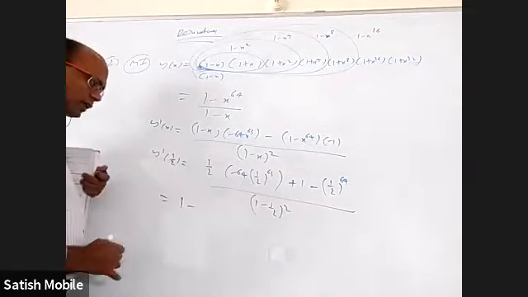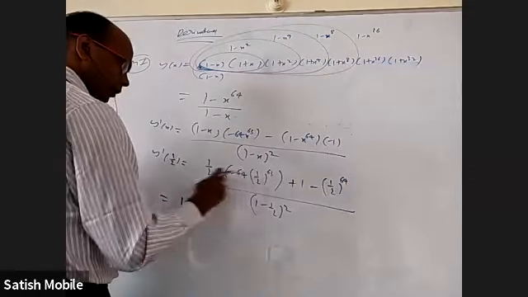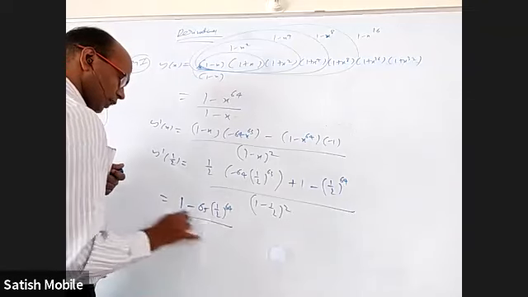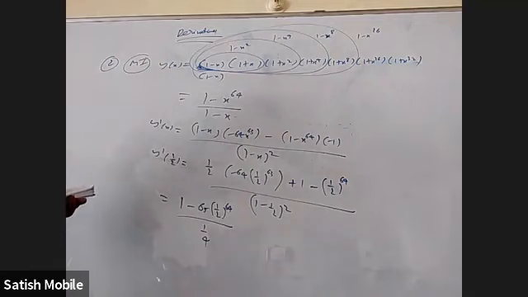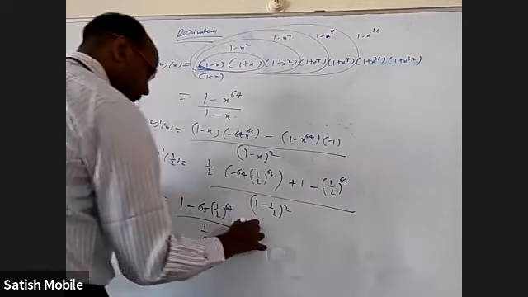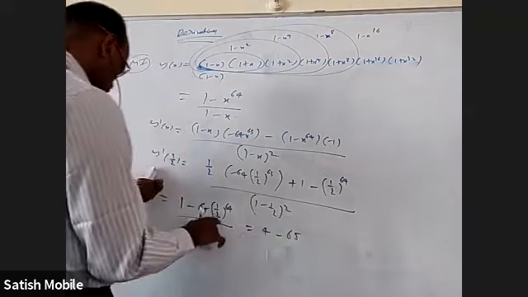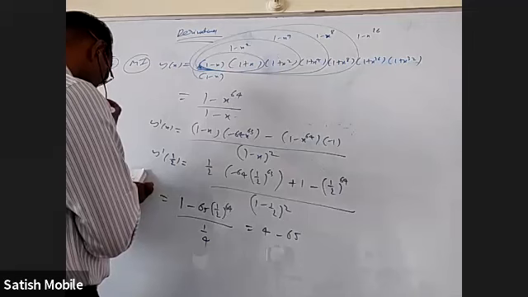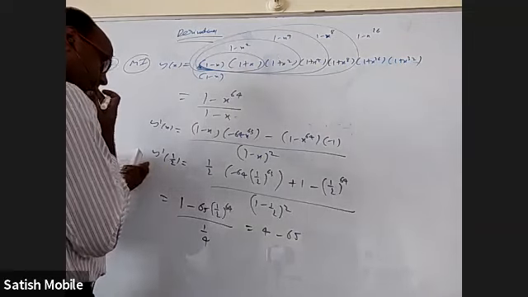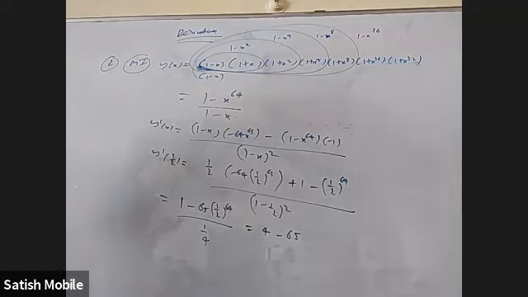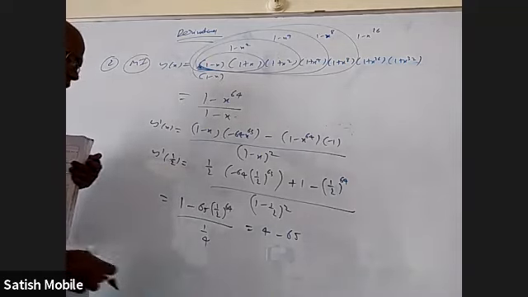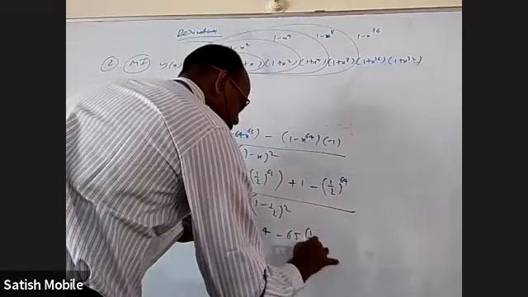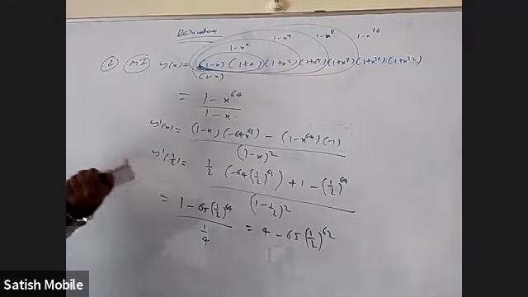I can combine. So I'm getting minus 64 minus 65 times 1 by 2 whole power 64, by 1 by 4. When I take this 4 up, it is 4 minus 65 by 2 power 64. When I remove this, 2 power 63 should come. If you remove, you'll get 62. Yes, 1 by 2 whole power 62. This is option C.